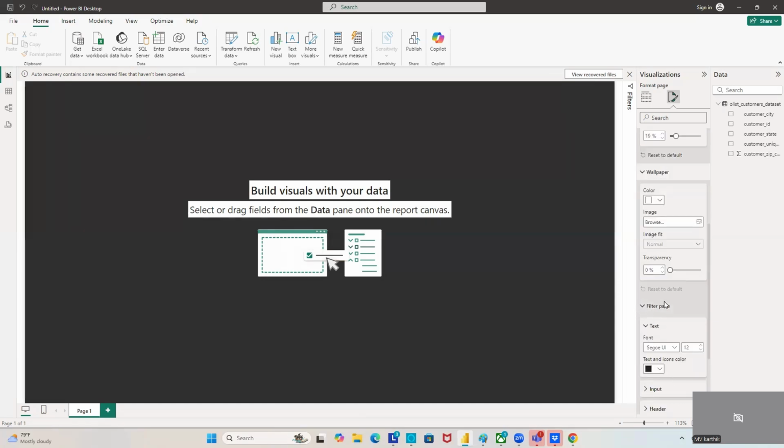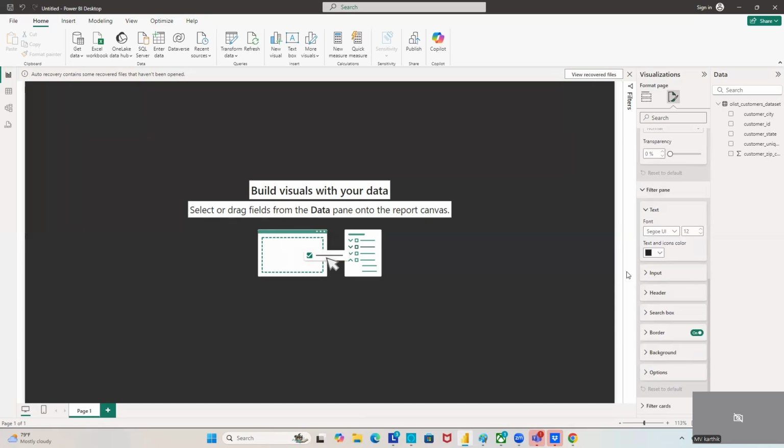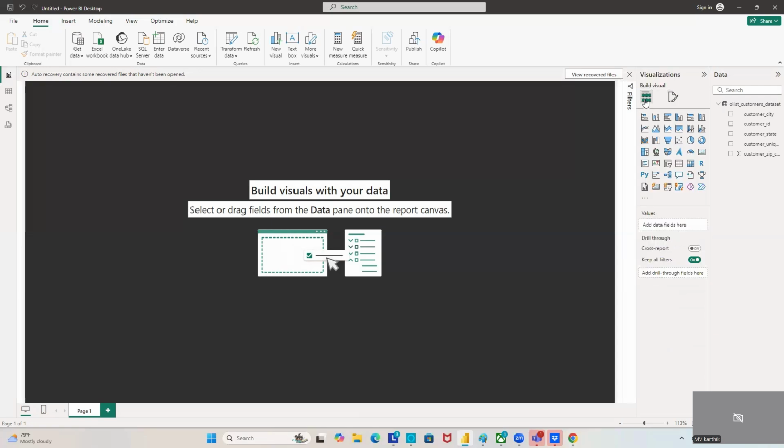Also the filter page, I'll explain all these options going forward. You can choose any options: box color, header, search box, everything you can change. Example, now what I'll do is create one sample report over here for your reference purpose. So what I'll do, I'll take one